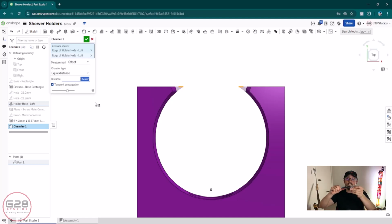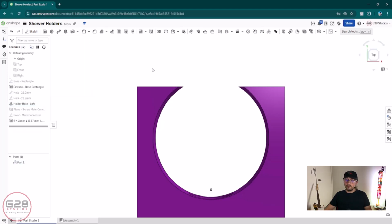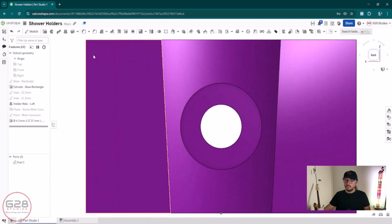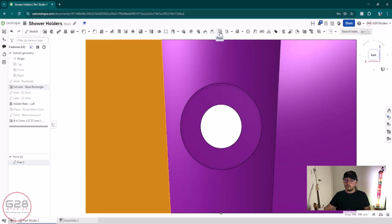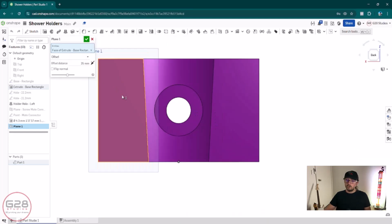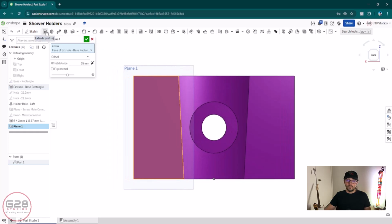So I will measure this, and that is 10, 11, oh no, sorry, it's 16.8 millimeters. So I will not use this chamfer since I have to have 16.8 millimeters here. So let's make it this way. I will create another plane here, and this plane is going to have a sketch